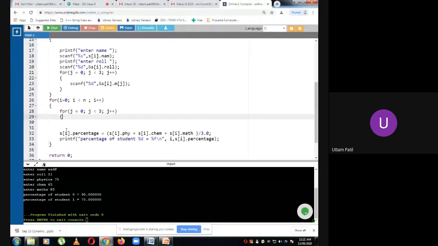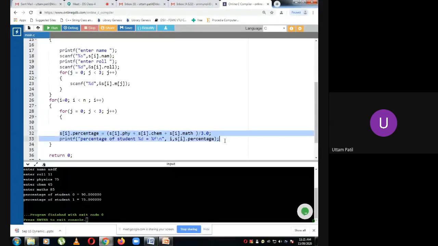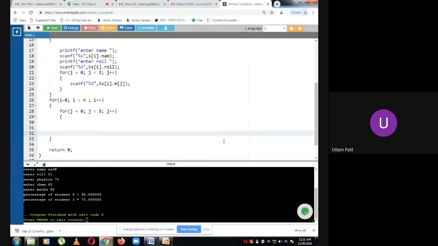Then here I have to write, I'll not write all this. I'll have to calculate the sum. I'll declare a variable sum.